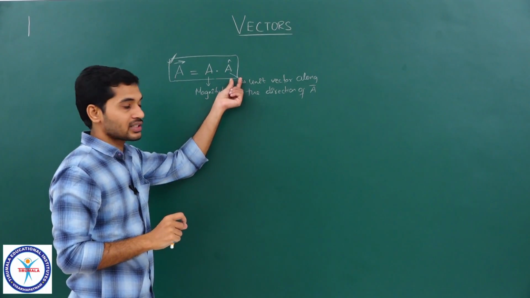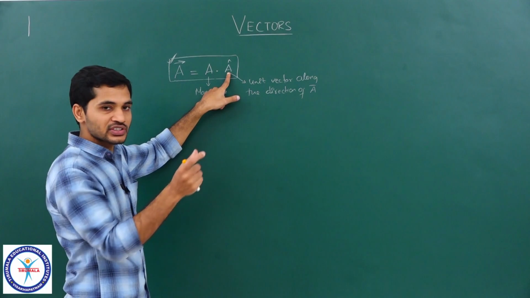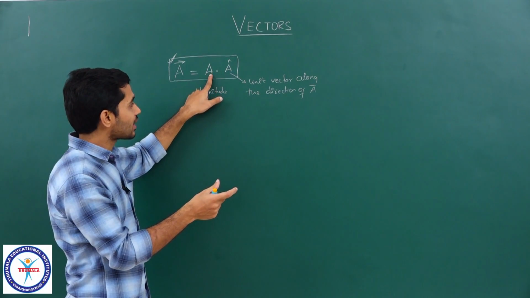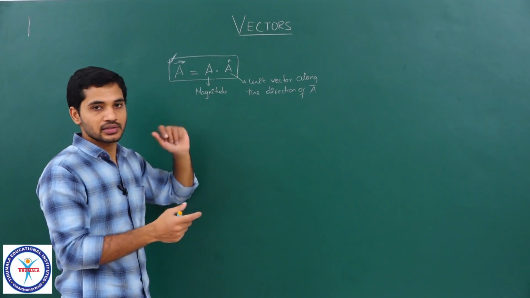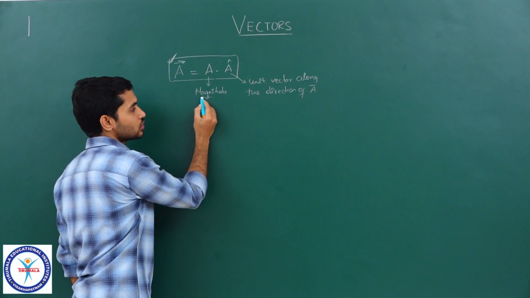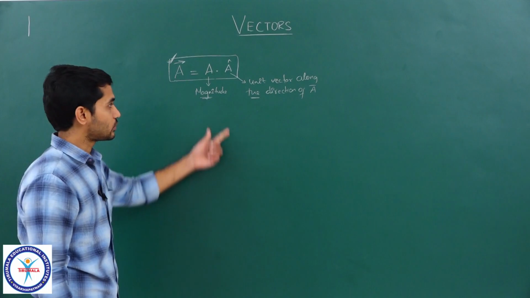It is definitely a vector whose magnitude is 1. So what is going to happen? This vector holds the information about the direction, and when I am multiplying that with the magnitude, I will automatically get the vector. Do you understand that? So a vector is the product of its magnitude and the unit vector in its direction. So this is the idea.